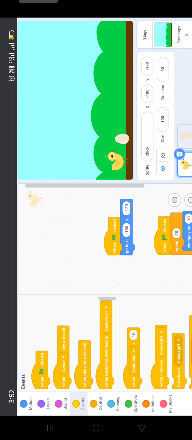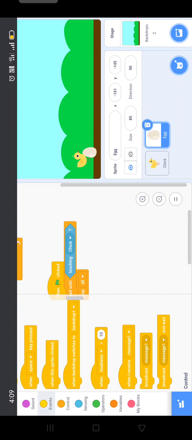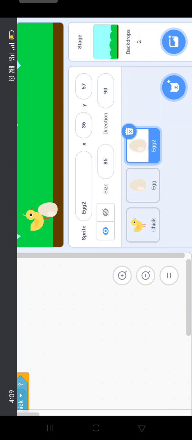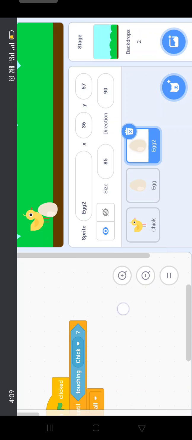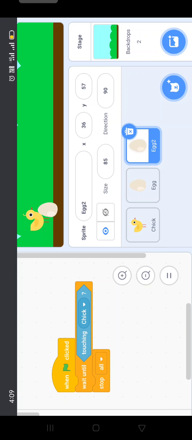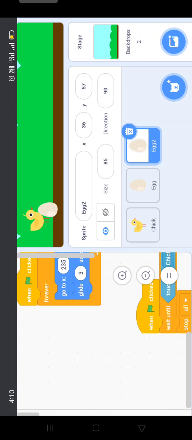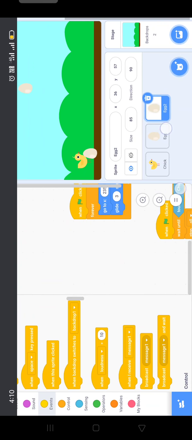Here we are going to take one more duplicate egg here. So you can see duplicate egg 2 you can see here, and in the code section code will be same for this also, because we had already taken a duplicate code. Okay, now